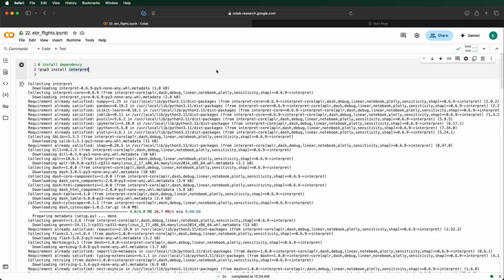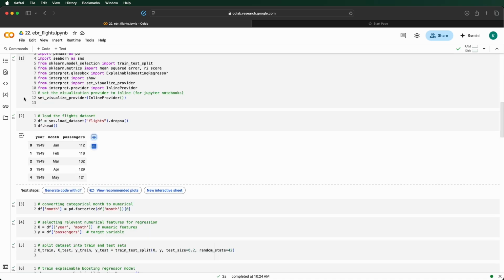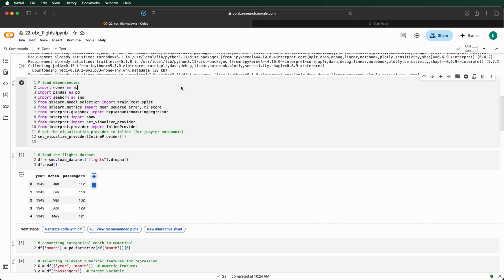I kick things off by installing the Interpret library in Colab with pip3 install interpret. This library is our ticket to explainable AI, giving us clear insights into our model's decisions. Next, I import the essentials: NumPy for numerical operations, pandas for data manipulation, and Seaborn to load our dataset. From Sklearn, I bring in train_test_split to split our data, and mean_squared_error and r2_score to